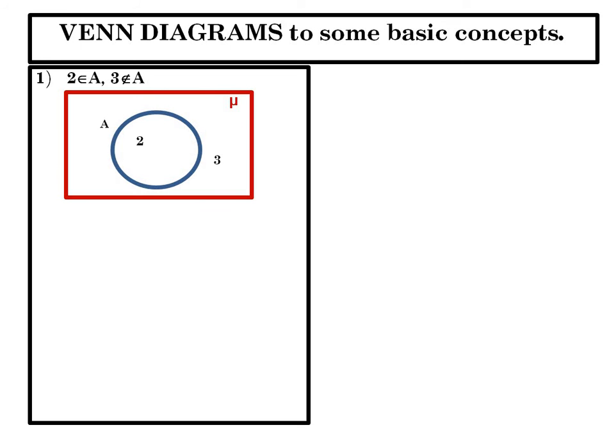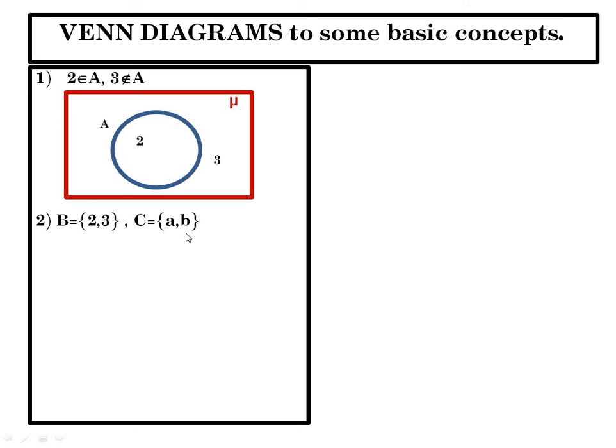Now let us see the second case. Yes, B is equal to {2, 3}. That is, B is the set containing the elements 2, 3, and C is the set containing the elements a, b. Now how do you draw a Venn diagram for this situation? If you observe, these two sets B and C have different elements. They don't have any common element, isn't it?